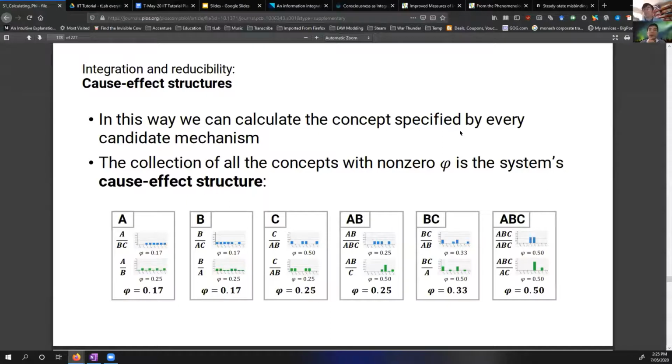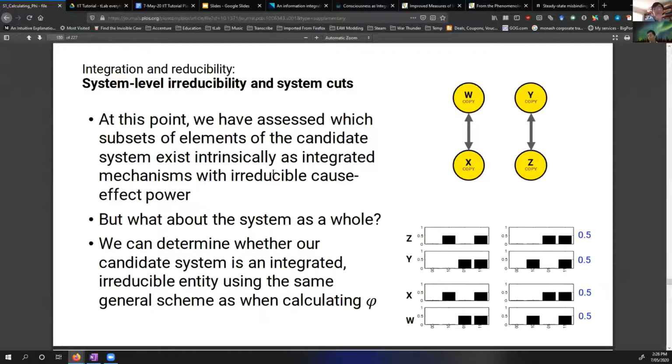Just to make a note, if you are very alert right now, you might notice that there is a missing component here among the power set of all the combinations, which is AC. It turns out that if you do exactly the same analysis on this AC component, you will find that the small phi value is 0, and that's the reason why we don't have it here. At a higher level, what that means is mechanism AC doesn't specify any information which is readable by the system itself. So if there are no questions at this point,